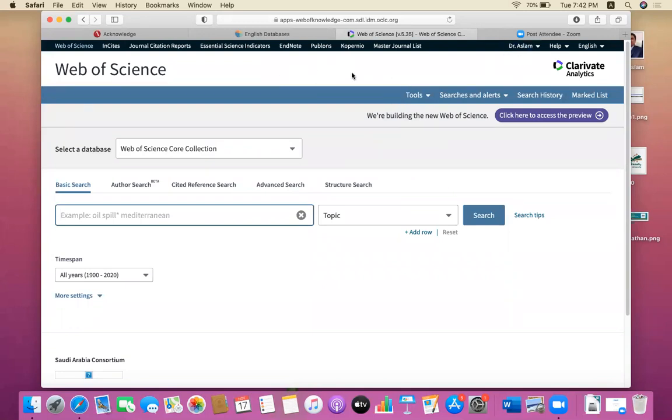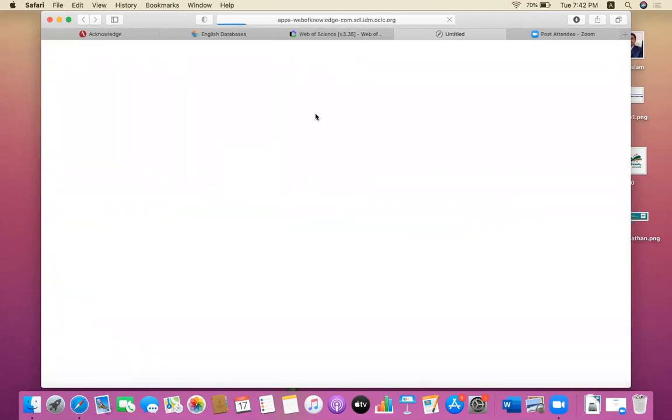After that, EndNote, because the Web of Science has many products, including Insights, Journal Citation Reports, Essential Science Indicators, EndNote, Publons, and Master Journal List. So we have to click on EndNote. It will open the online EndNote.